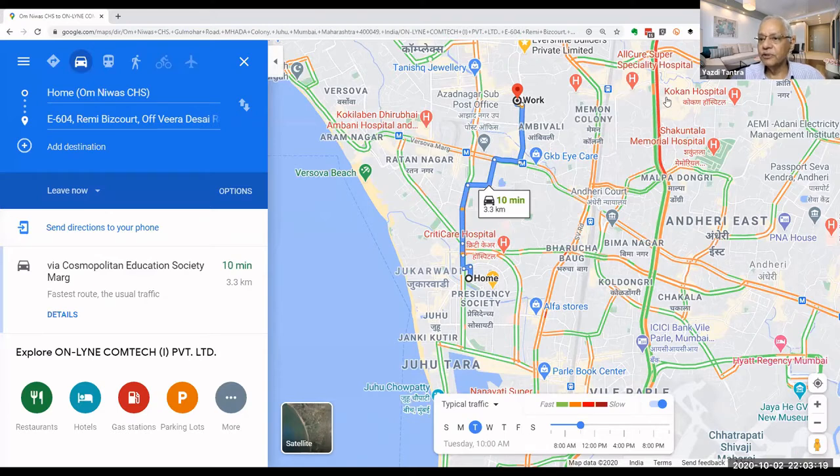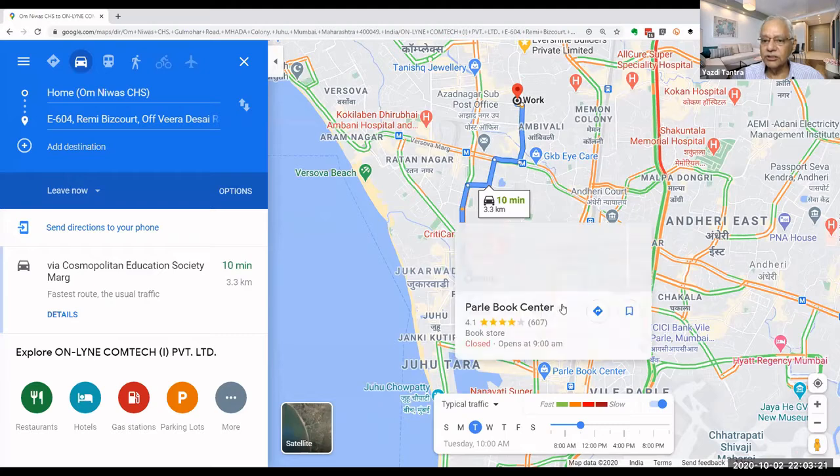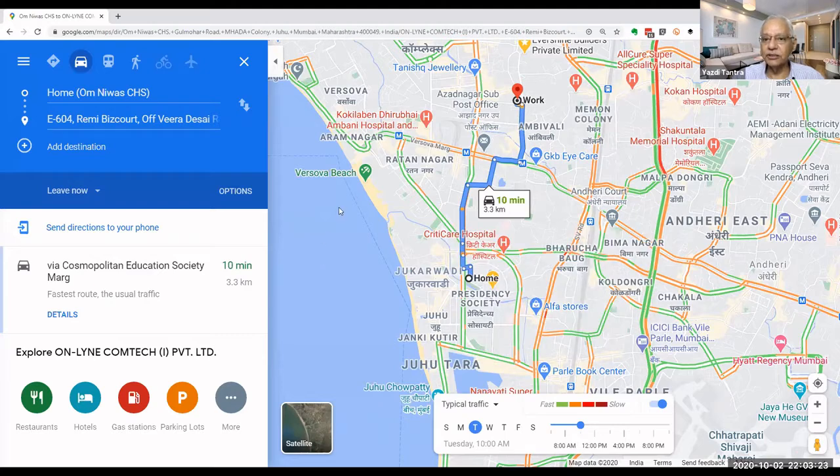There's a lot of reds here, a lot of oranges, and much less of greens. So you can even view the traffic at a future date. It will show you the typical traffic on Tuesdays at 10 a.m. or on Tuesdays at say 4 p.m. The entire traffic pattern is mapped by Google and it is available to you very, very easily.